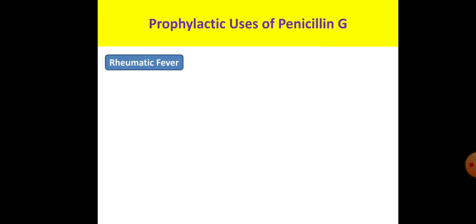Okay, for the prophylaxis of rheumatic fever, because these streptococci can colonize on the cardiac valves, and they will lead to the progression of this rheumatic fever. And for the prophylaxis we are using benzathine penicillin, because it is the longest acting penicillin. We require a minute plasma concentration for a very long period of time, and that's why benzathine penicillin,